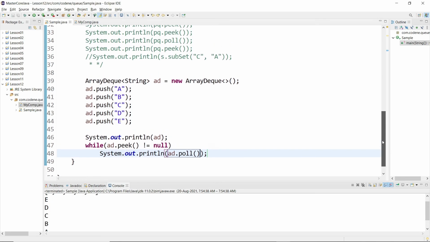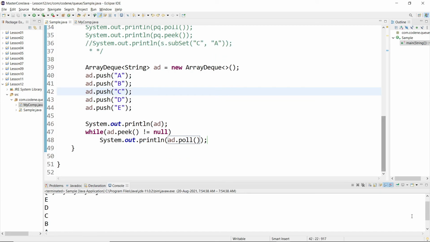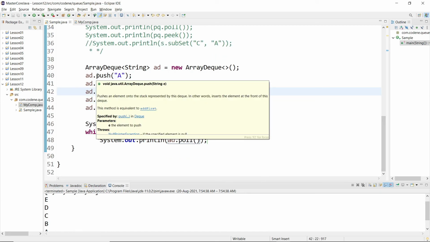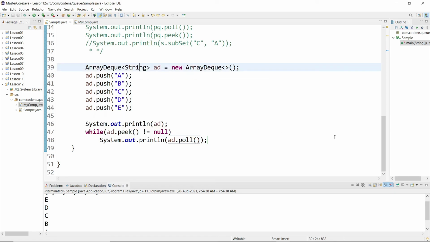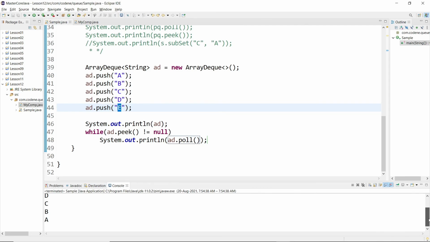As I said, it will work like a stack. Push and pop, these are your stack methods. That means you are pushing one element on top of another, like a b c d e, and when you pop, that means when you remove the element, the last element to be in will be the first to be out. So likewise we are seeing e d c b a. So I hope you understood what a queue is, and how Java uses priority queue and ArrayDeque.